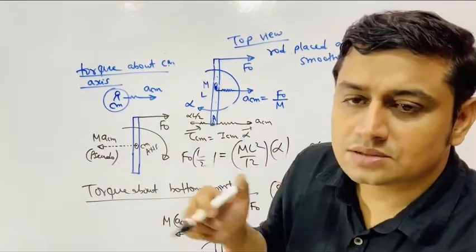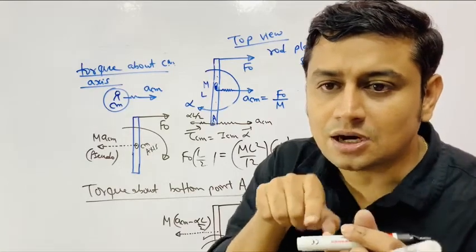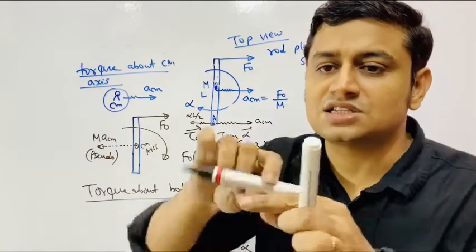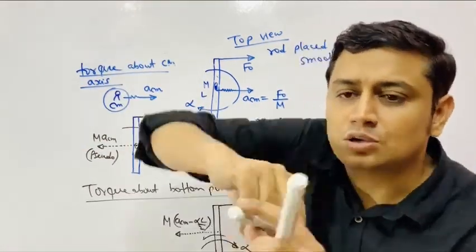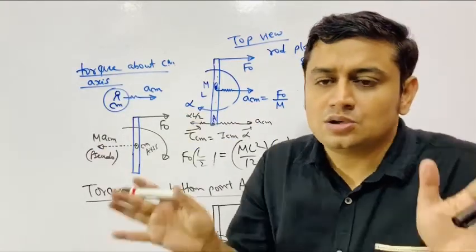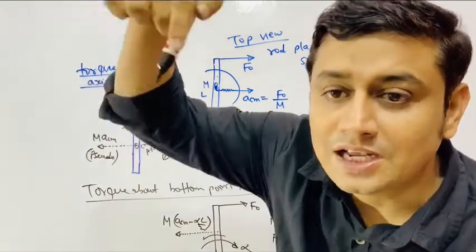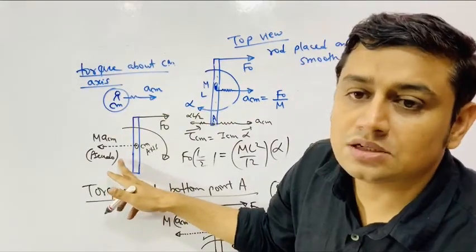So always, I will tell you in the next class, whenever a hinge is there, a nail is there, a compulsion to rotate about a particular axis is there, take that axis. If a free axis is there, anyway it can rotate. It's free to rotate about any axis. It is not hinged. It is free to rotate. Always take it about the center of mass axis, because in that case you can avoid the torque of the pseudo force.